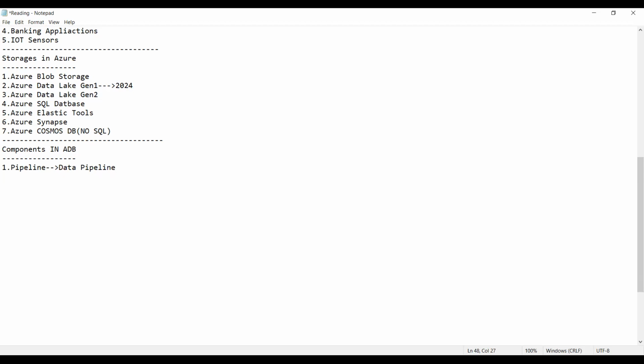Let us try to understand what a pipeline is. Guys, you have an overhead tank, and from that overhead tank you get water into your tap. How do you get it? Can anyone tell me, guys?